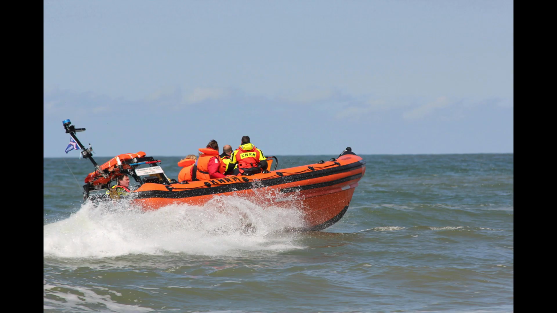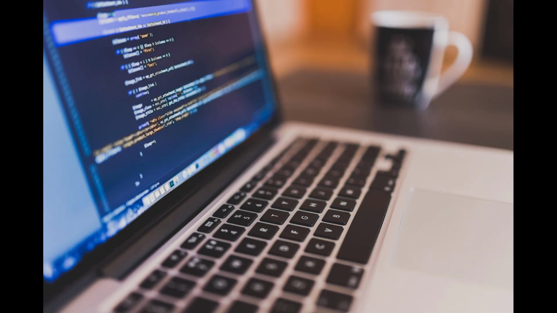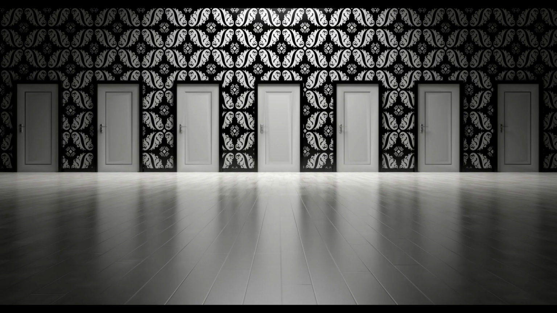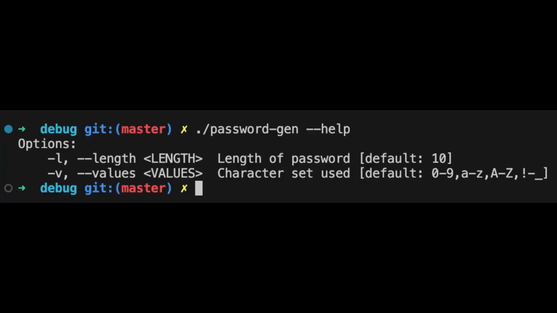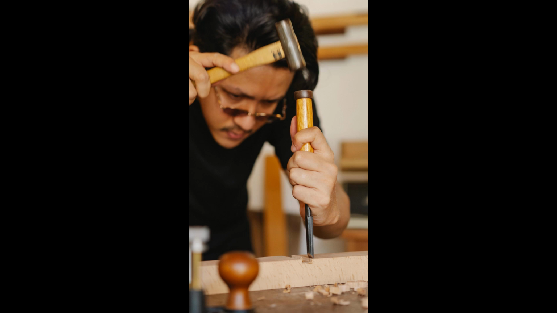I went a little overboard with features seeing as I literally interrupted setting up my server to make this program. The final project includes options to set up the generated password length and what characters are used to generate it, along with a help option. As far as tiny projects go, I'm happy with this one because it's something that proved to be genuinely helpful, fun to create, and a good learning